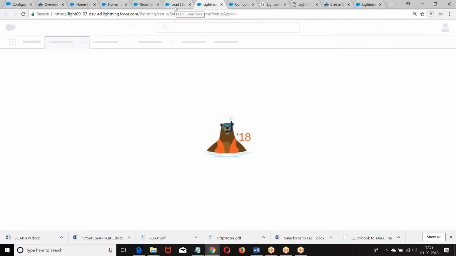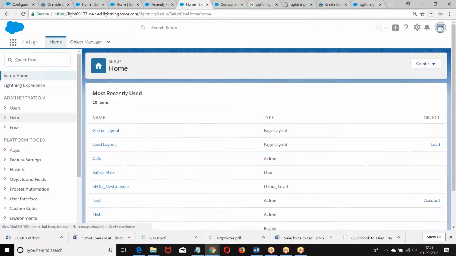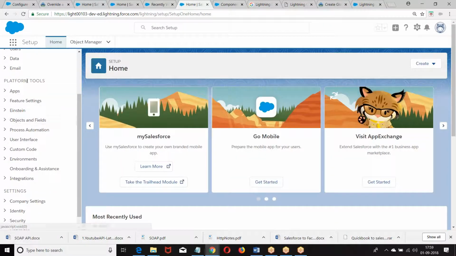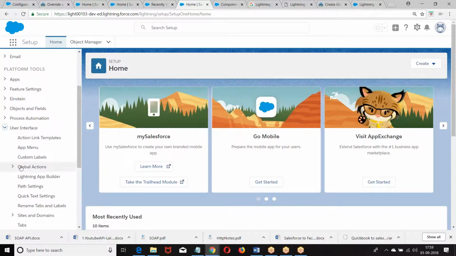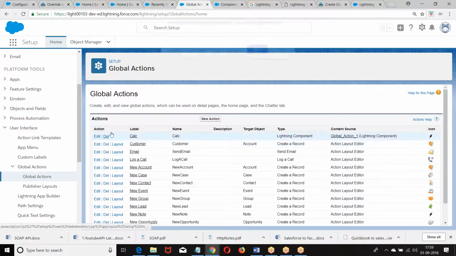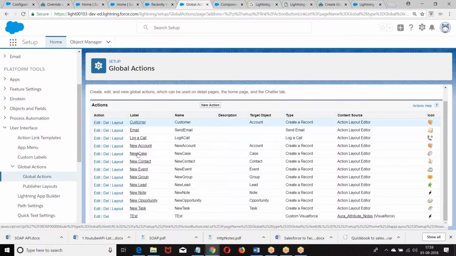Setup. What I'm doing, setup, user interface, platform tools, user interface, global actions. Create a new action.